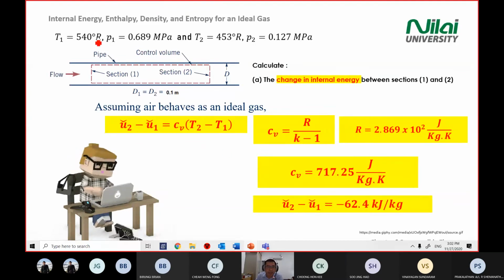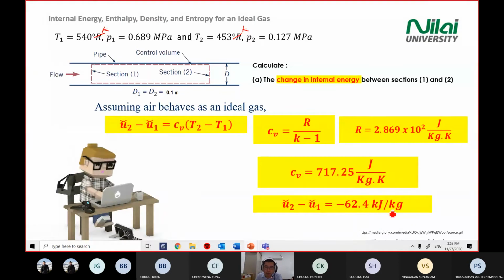Then you have the temperature here, right? You have 540 and 453 Kelvin. Again, this one is Kelvin, not R. Okay, so you substitute inside there. You take out the Kelvin inside the CV there. So at the end, your change of internal energy will be negative